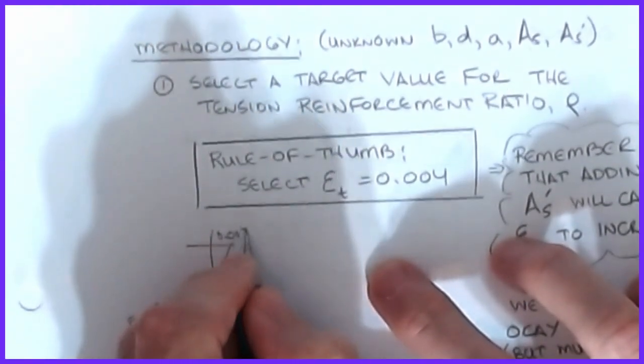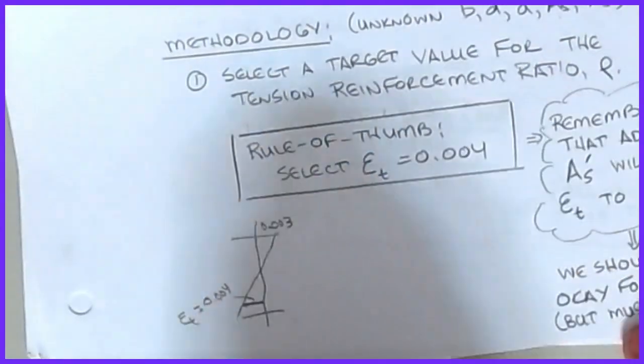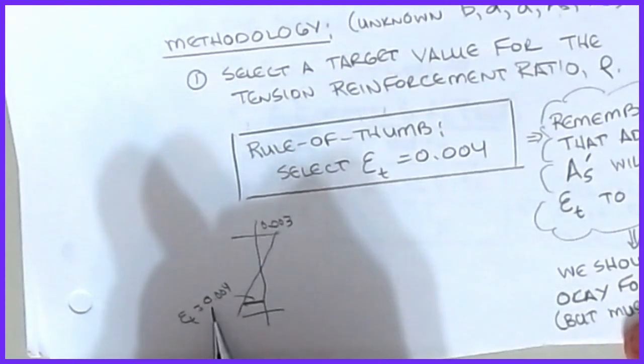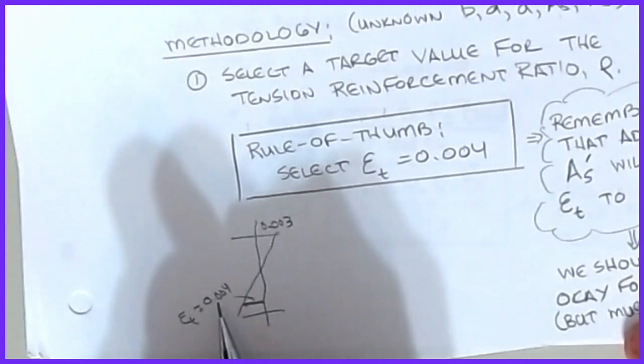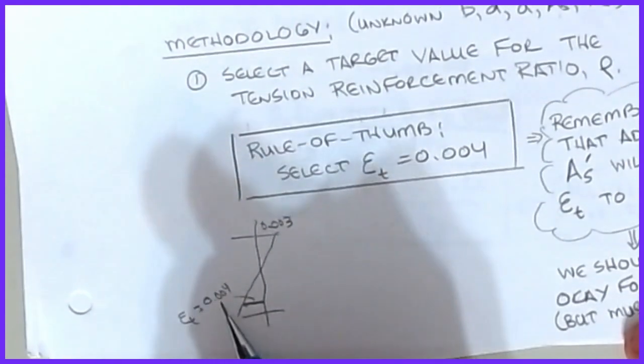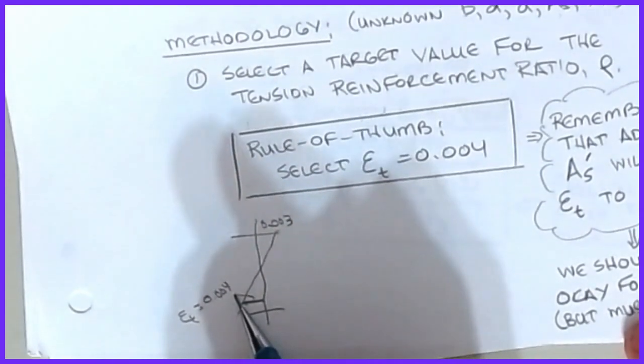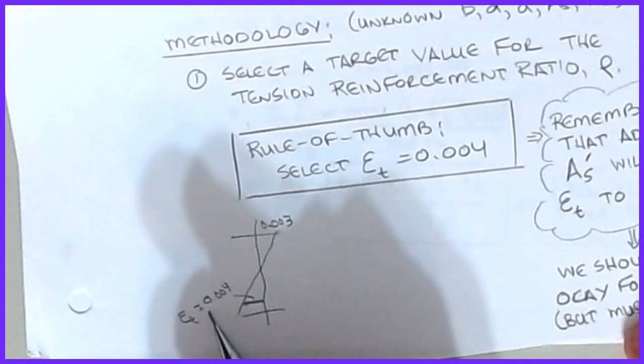Again, we're using 0.003 up here at the top. Now you might say, well, why wouldn't you just go to 0.005 on this? And the answer is that at 0.004, even though my phi is less than 0.9,